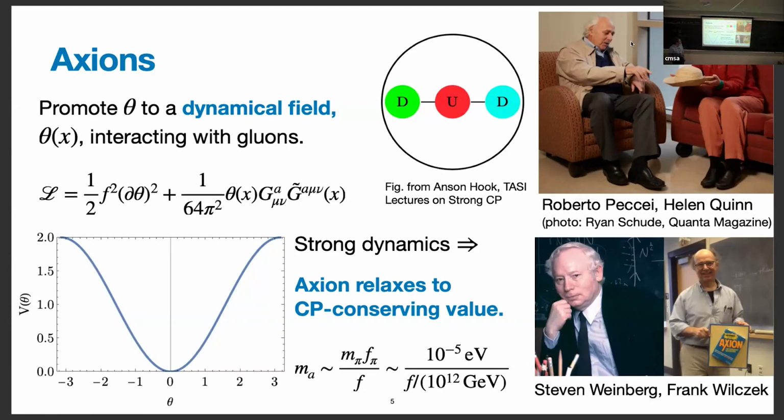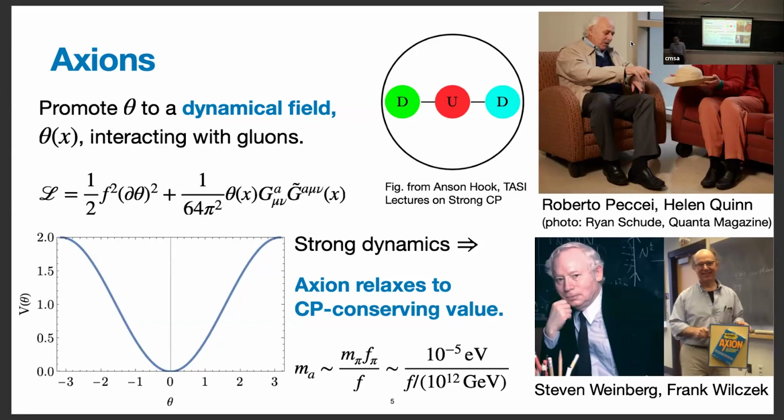violation. And in particular, you can estimate that the mass of the corresponding particle, the excitation of this field around the minimum, which we call the axion, is roughly set by things involving QCD divided by this number f that appeared in front of the kinetic term. If f is 10 to the 12 GeV, this is something like the micro eV scale. And so it's a very light particle, but all of its interactions are suppressed by 1 over f. And so if f is a large number like this, we can have not seen it in experiments yet because it interacts very weakly with everything we observe. So that was the original axion idea.